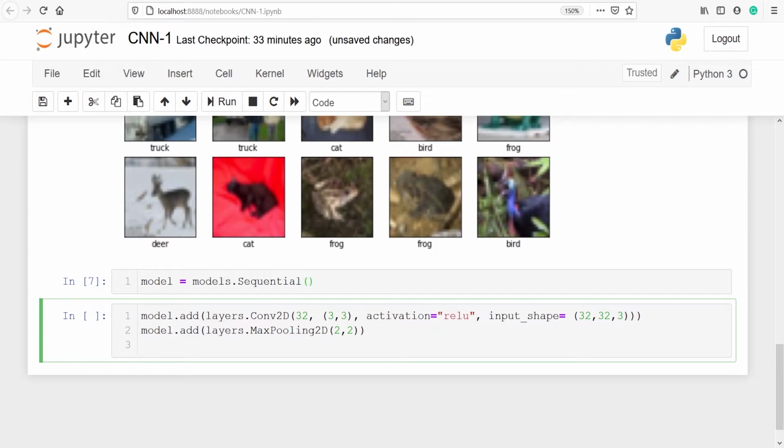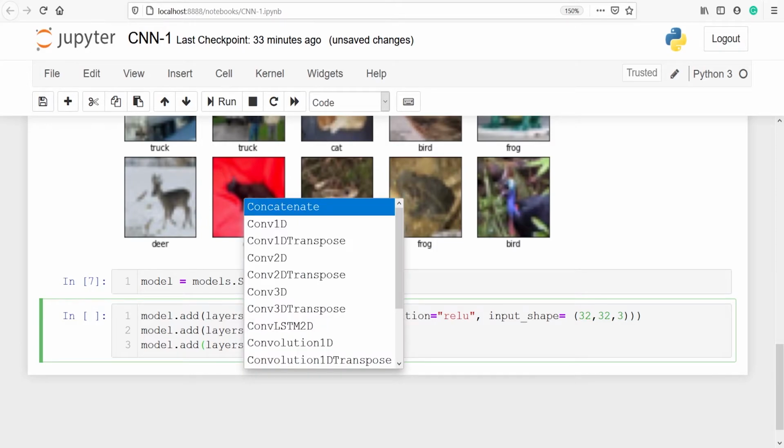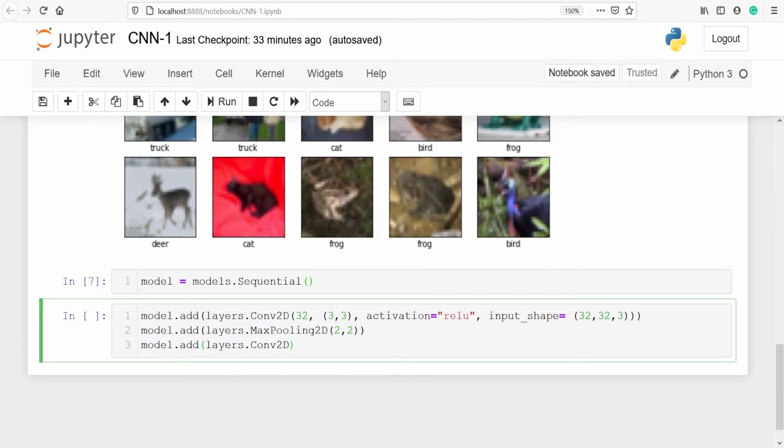We will add one more layer, model.add layers.Conv2D, and this time it will be 64 by 3 by 3, and the activation will be ReLU. We will be using ReLU activation in this CNN model.